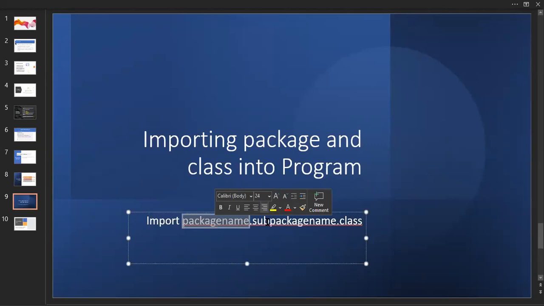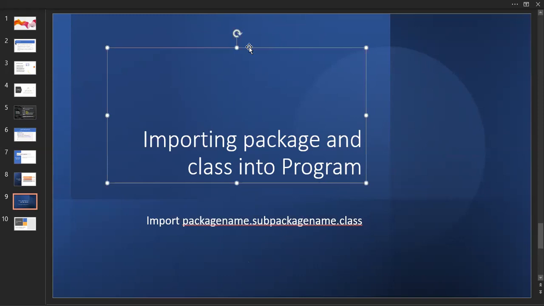Or is there any sub package available, like CRR consisting of com.crr dot unit 4 or unit 5, like that. So there may be sub packages available or not. You need to know that first of all. So inside a main package, we have sub packages, and inside that we have the class files. Like this, we are going to access it. We are going to use it inside. Right now, I'm going to do that.